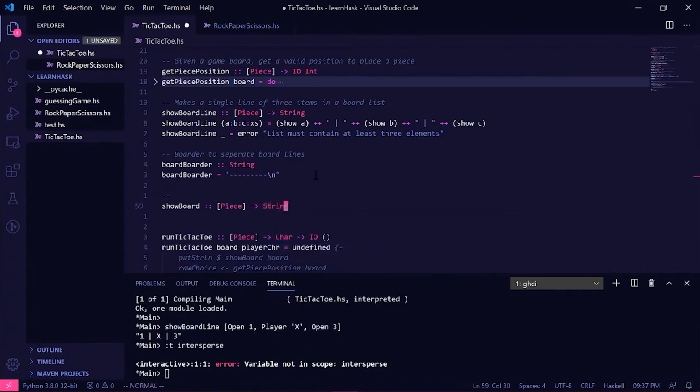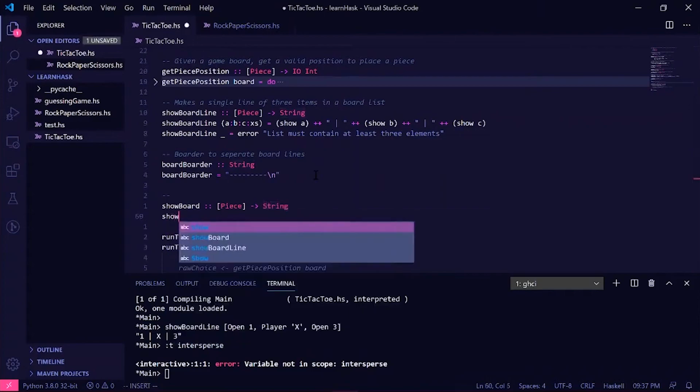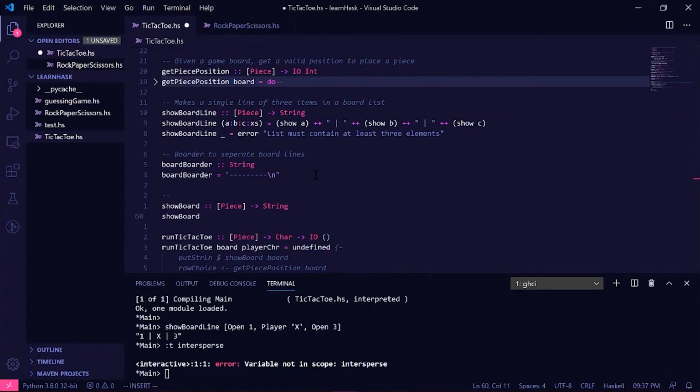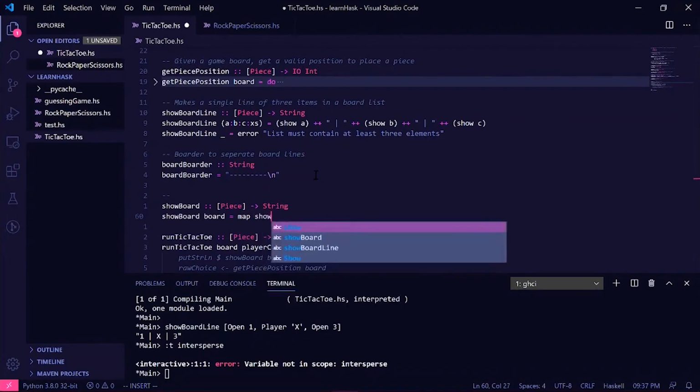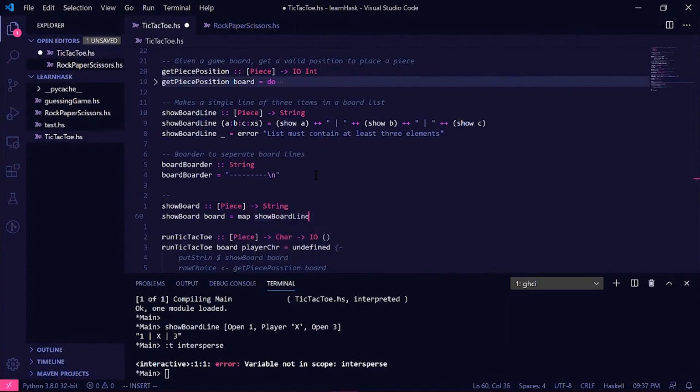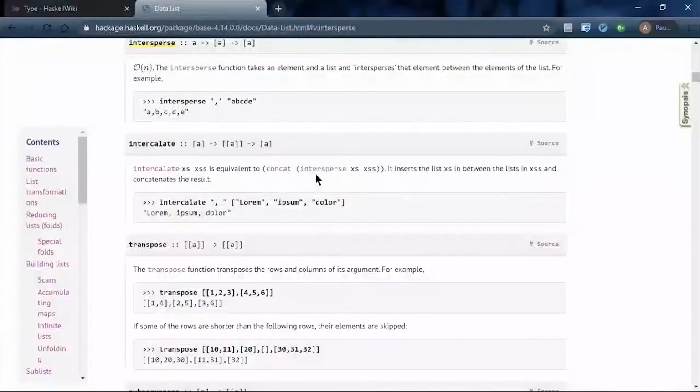This will produce a string. So show board, it takes the board, and we're going to map show board line onto the board, and then we want to intersperse